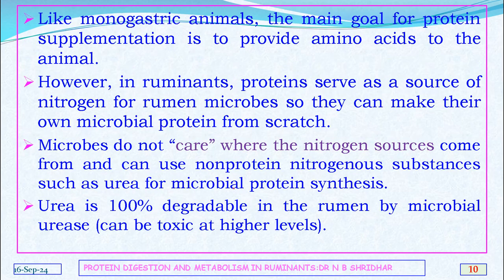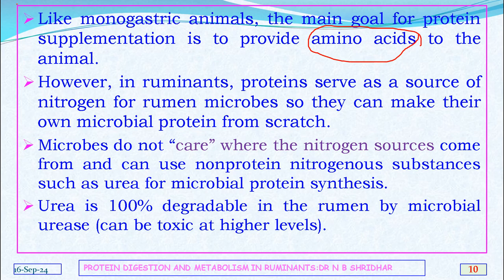Very similar to monogastric animals, the main goal of protein supplementation is to provide amino acids. Ultimately, we need amino acids, which are the building blocks of proteins. Whatever form of protein there is, whether rumen degradable, non-degradable, crude protein or whatever it may be, ultimately it needs to be converted to amino acids. Hence,